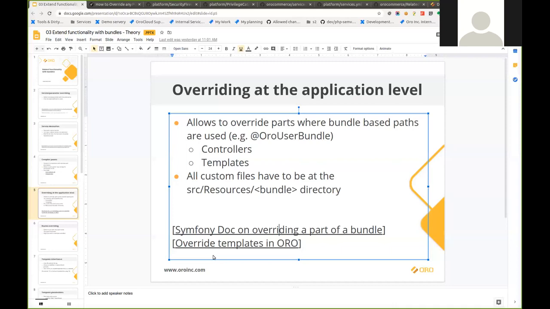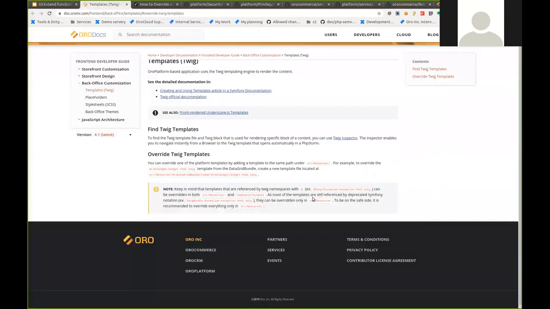So if you would like to override the template in Oro, if the template was referenced by the new annotation, with the at sign like this, then it will work. It will check in the SRC resources and the templates bundles. Okay, that's perfect. But in many places in Oro or in Symfony, it is still referenced with the deprecated Symfony